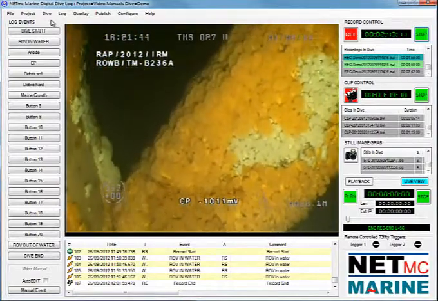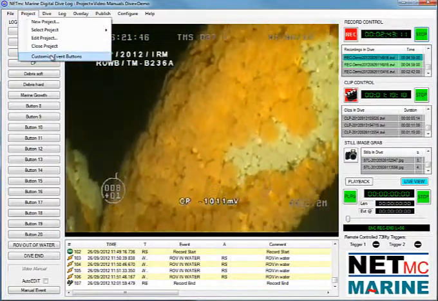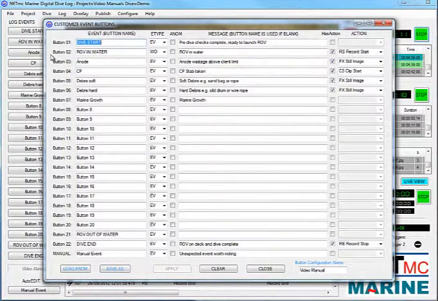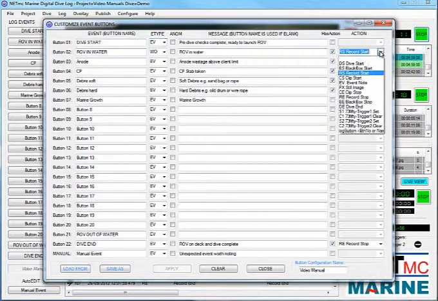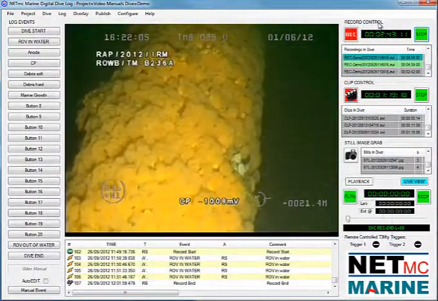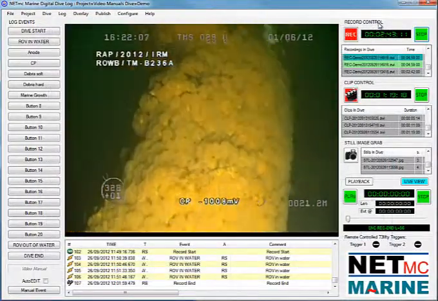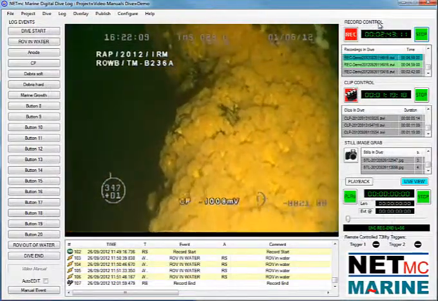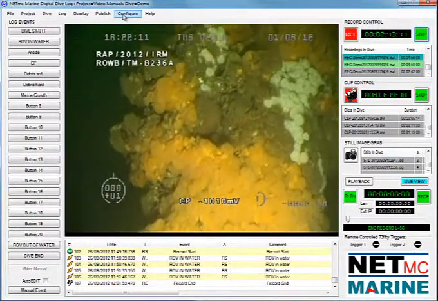As shown in the system overview tutorial, the log buttons can be labeled, be associated to an event type, and have an action allocated to them. We will now look more closely at event types, actions, and anomalies. Note: